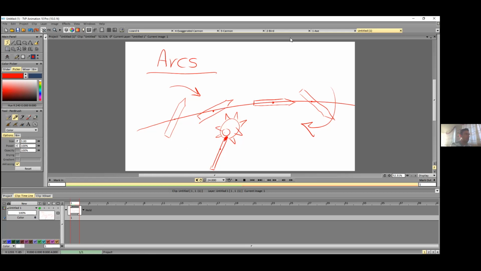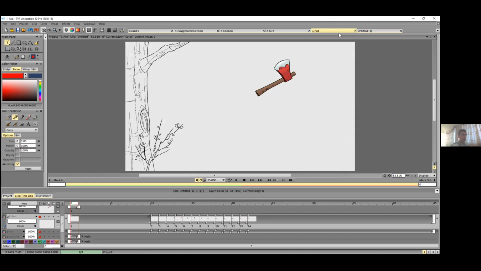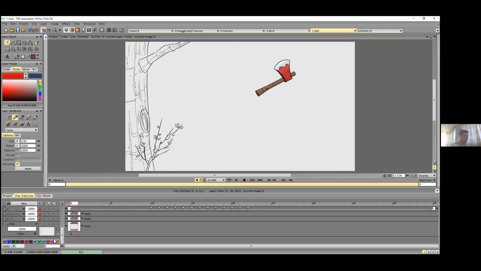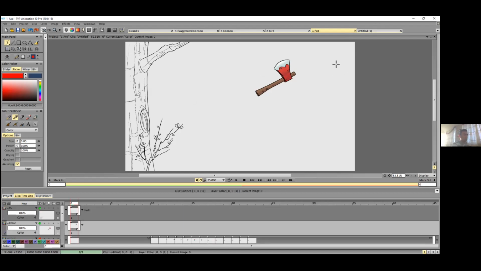So let's do an exercise. Evet, şimdi bir egzersiz yapalım bununla ilgili. Suppose that we have an axe and someone is going to throw it to the tree. Evet, bir baltamız olsun ve baltayı biri ağaca doğru fırlatsın. So this would be the path. Someone threw this axe to the tree. Evet, birisi bu baltayı ağaca fırlatacak.